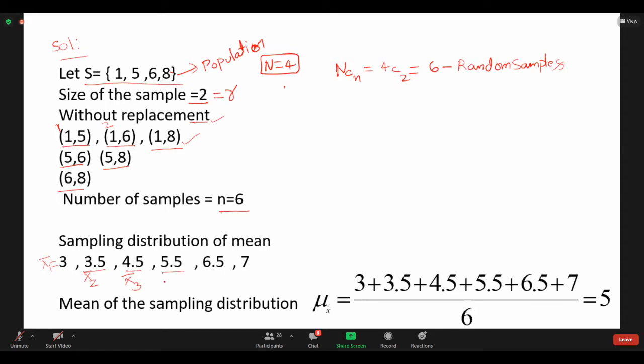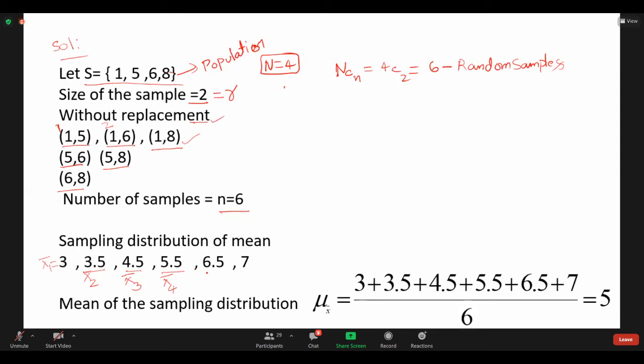And the fourth random sample mean is x4 bar, that is equal to 5.5. Let's all of you check. You are getting the same thing or not? Yes, now everyone should maintain notes.